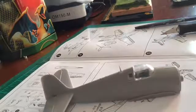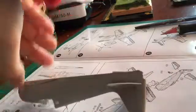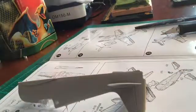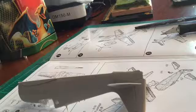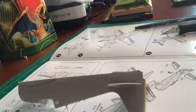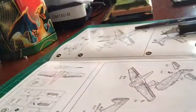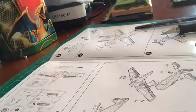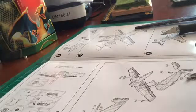But, yeah. And let's just go on, keep going, turn this upside down there. Move on with this step. And you gotta get A16. Yes, A16, which is the wheel. Which is this. We will paint this after it is done its work. So there's just that. You just take glue and